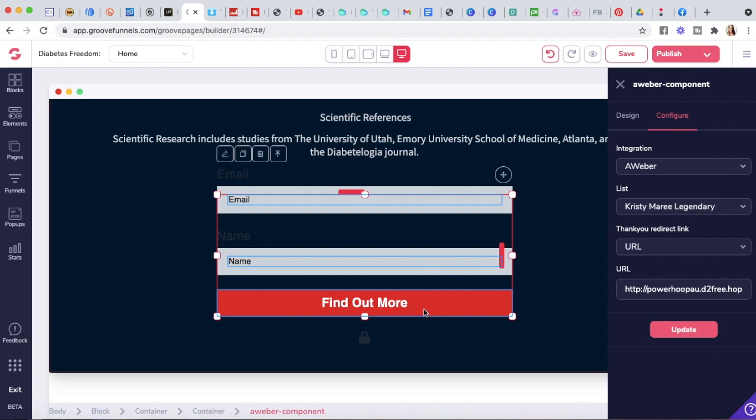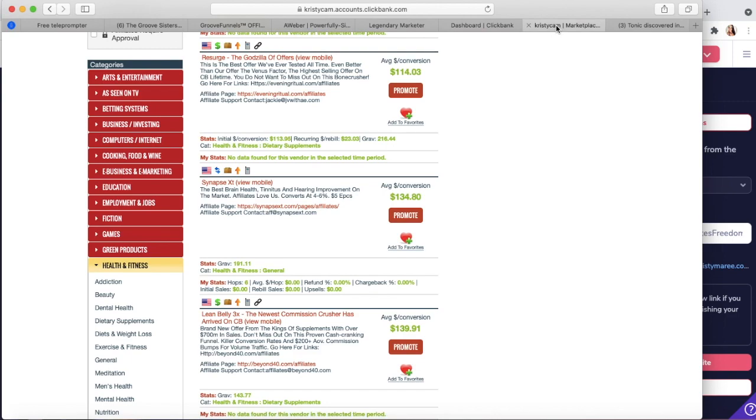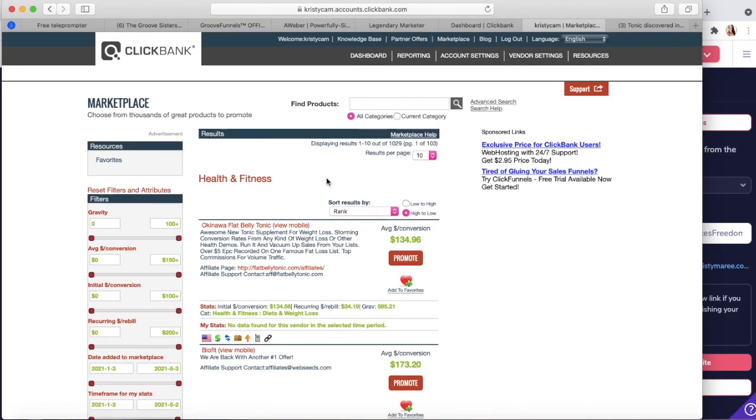Once they click on find out more, it takes them into my affiliate link through ClickBank, which I have copied over and pasted. Publishing that, I've used my christymarie.com, but I've used Diabetes Freedom as my subdomain, and this is now the URL that I would send to people and direct them to here. So I hope that helps you to set up a basic ClickBank opt-in page using the clone in our,